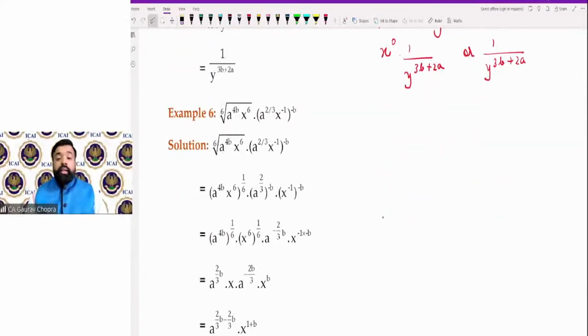Okay, let us move towards the next example, example number 6. Then there is one basic doubt from Komalpreet. What if both the base and power are different? See, if base and power are different, they will remain as it is, because we can add the powers only and only if base is same. Otherwise they cannot be added. They will remain as it is. There will be no change in them. All right.